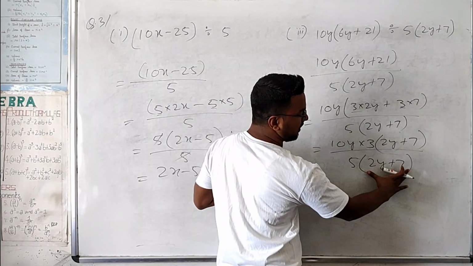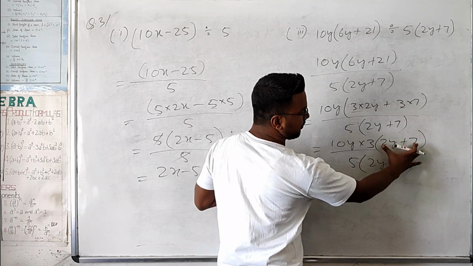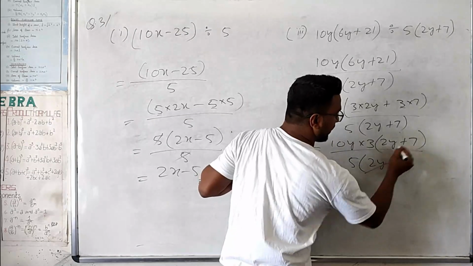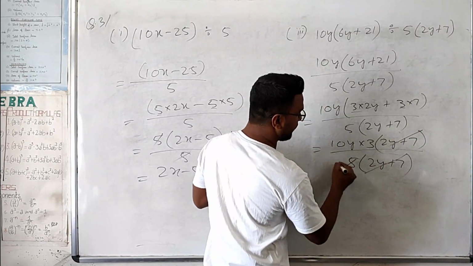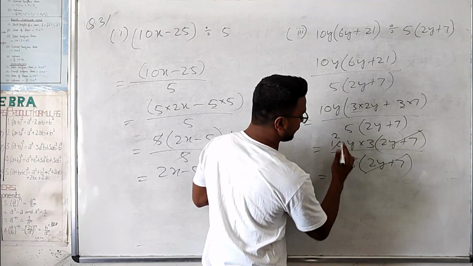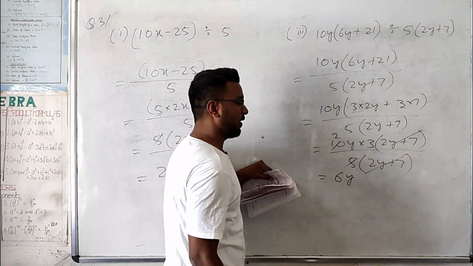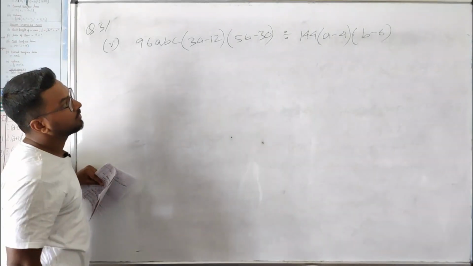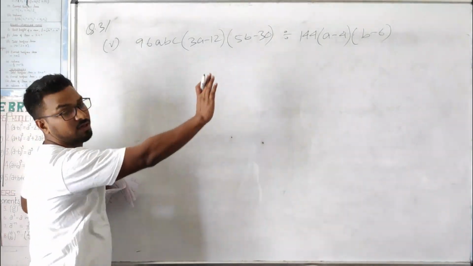So see, within the bracket both the terms are the same and they are multiplying with this term, so you can cancel this one directly with this. 5 how many times? 5 2s are 10, so 3 2s are 6, 6 into y, 6y. Okay, so our next question is, you have to divide this polynomial by the method.